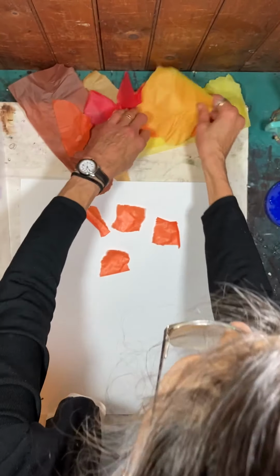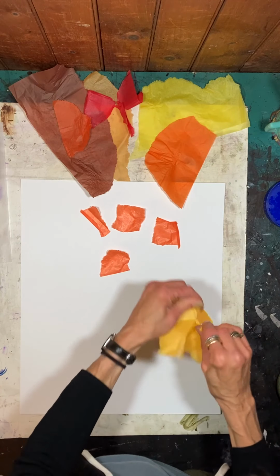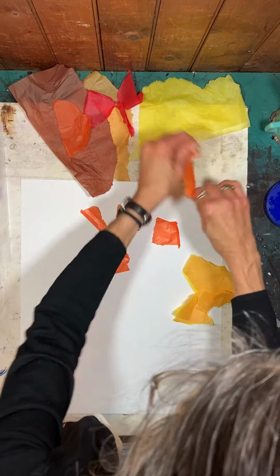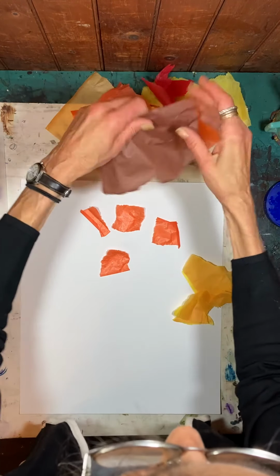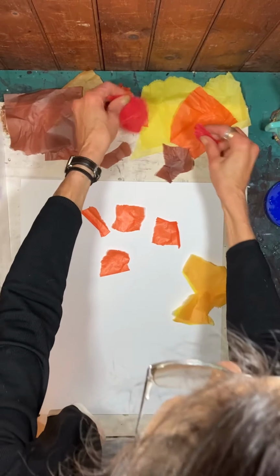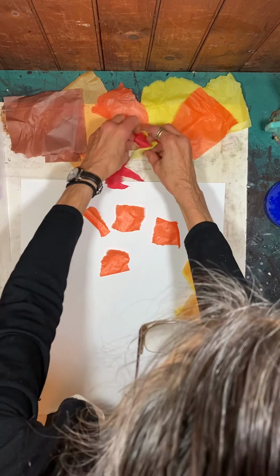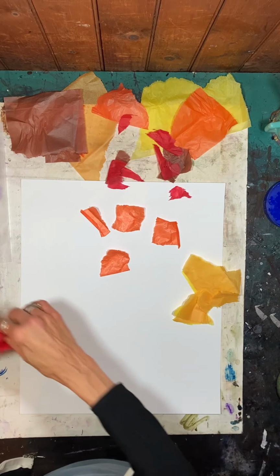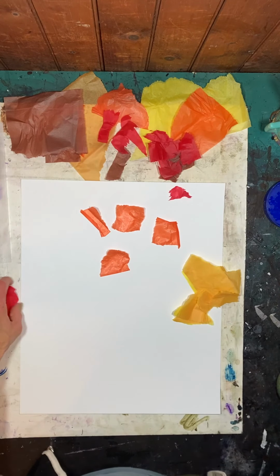and just place them kind of randomly, just ripping them. I'm using these colors because right now it is the beginning of November in the northeastern part of the United States where I live, and I am inspired by the changing leaves. So here we go. I'm going to do this fairly quickly